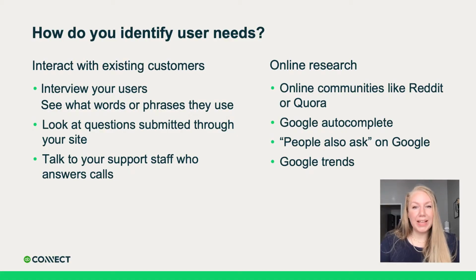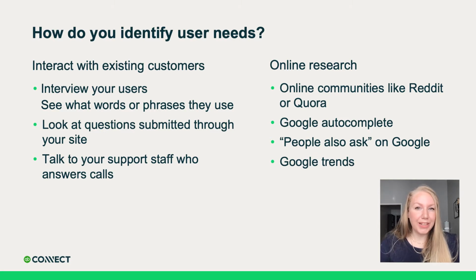So what are some more ways of identifying user needs and how they may phrase things? One of the best ways is to analyze your existing customers. Take note of what words and phrases they use when asking questions. These may be different than the lingo you use internally. Take note of what questions they ask. If you have a contact form on your website, this is a great place to mine user questions that you can create content around. You can then add this content to Google Trends and analyze it at a deeper level.